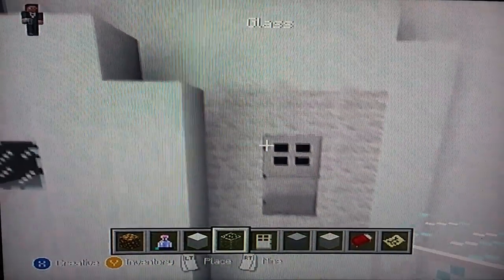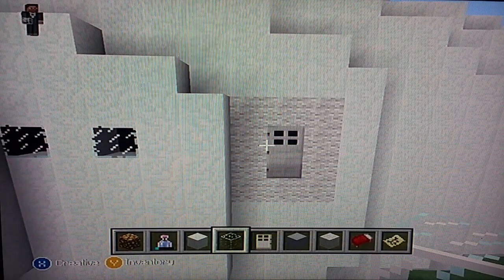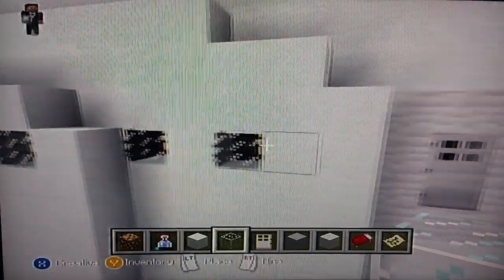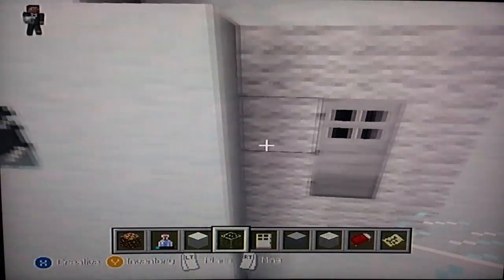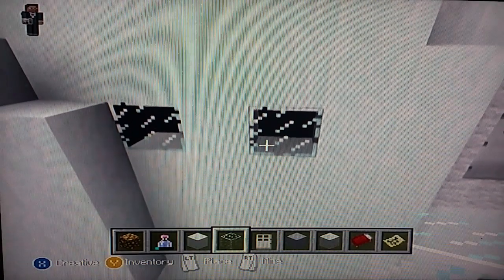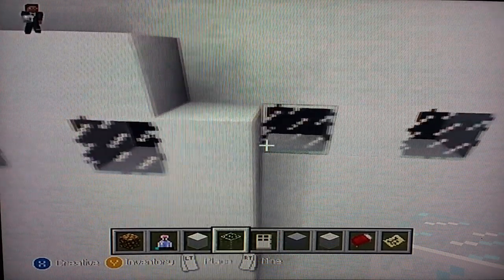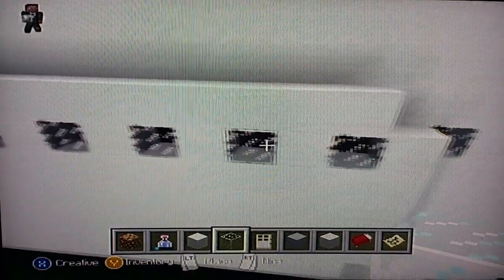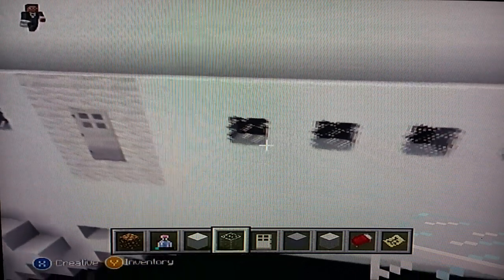And I place white wool around the door. You don't have to do that if you don't want to. So we start with the windows here. As we go back, the first window is located 2 blocks from the white wool, or 3 blocks from the door. So we start the first window and you skip a block every set of windows. So you put 1, 2, 3, 4, 5, 6, 7, 8, 9, 10, 11, 12. So you put 12 windows